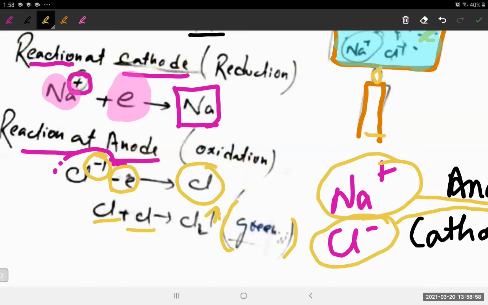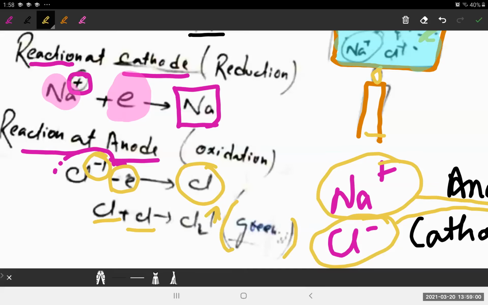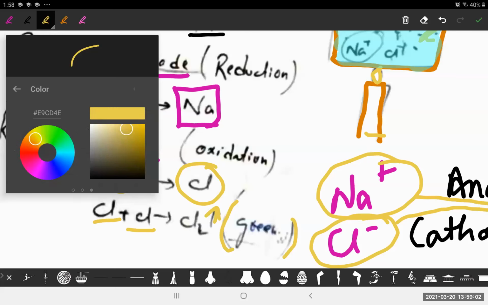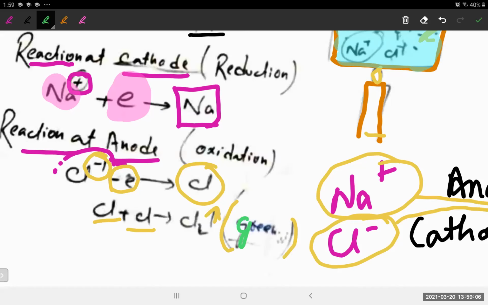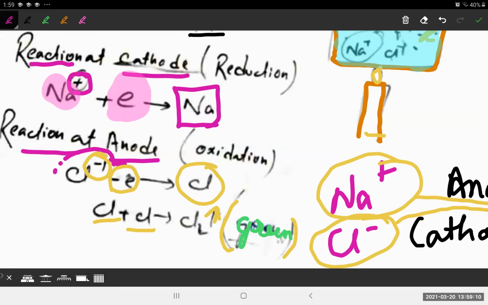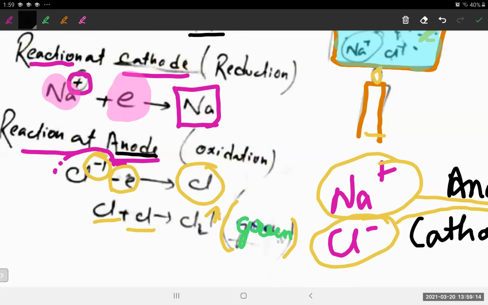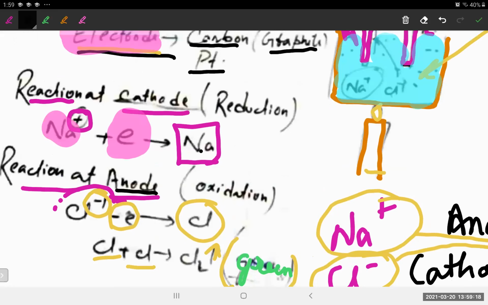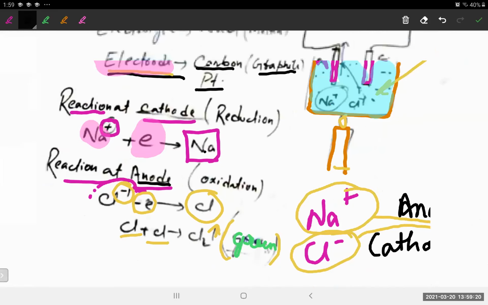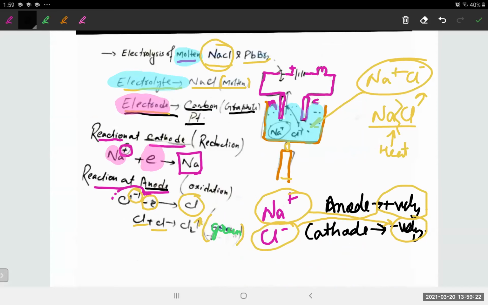Please keep this in mind. What is the color of this gas? This gas has a yellowish green or green color. Okay, now see, where is this gas evolved? We all know, at the anode. We are talking about the anode just now, and here sodium. Now this is clear to everybody. I hope it's clear. Yes, we are now moving on to the next compound.